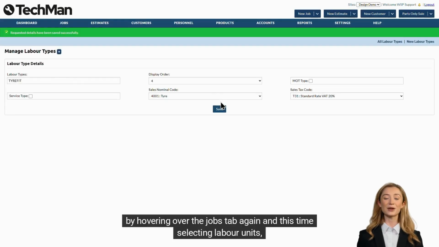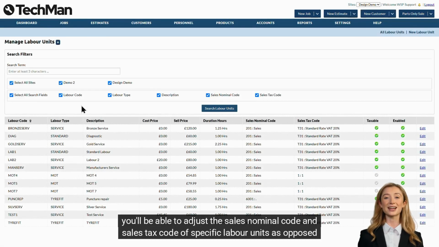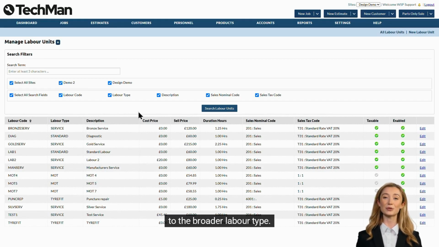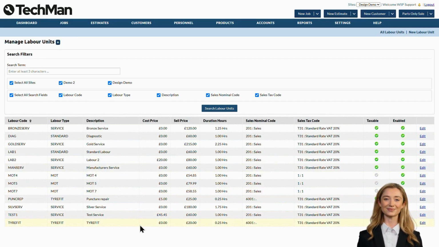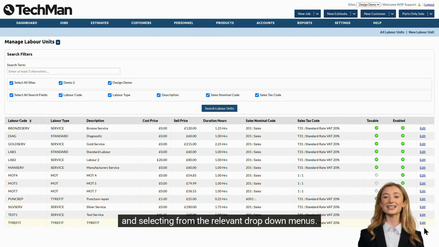Alternatively, by hovering over the Jobs tab again and this time selecting Labour Units, you'll be able to adjust the Sales Nominal Code and Sales Tax Code of specific labour units as opposed to the broader labour type. Again, these can be altered by clicking on the Edit button on the right-hand side and selecting from the relevant